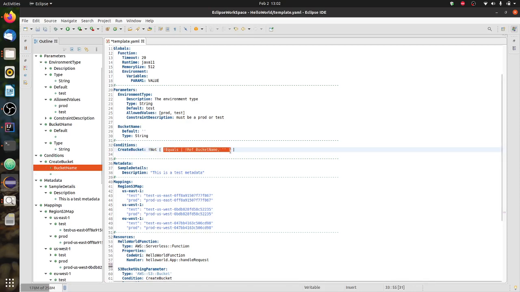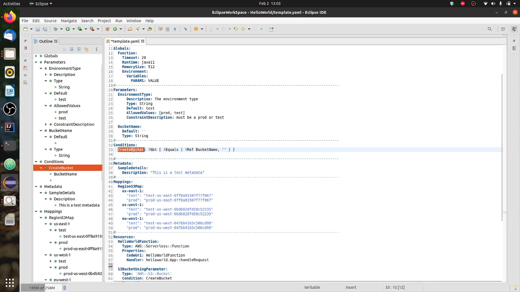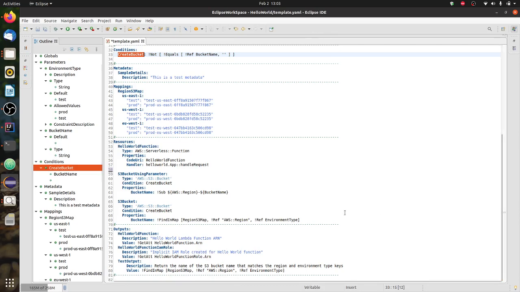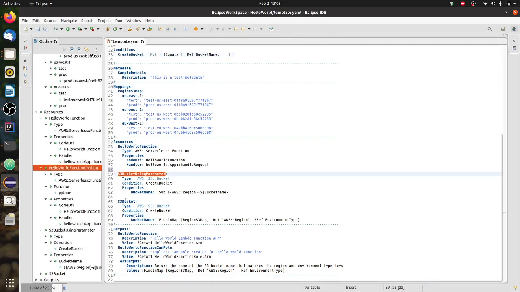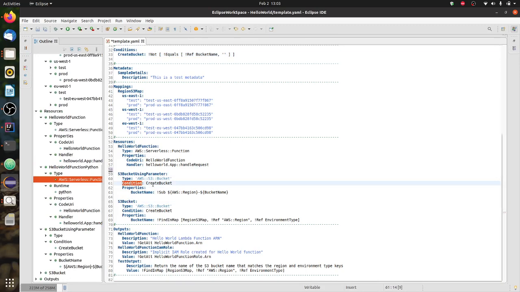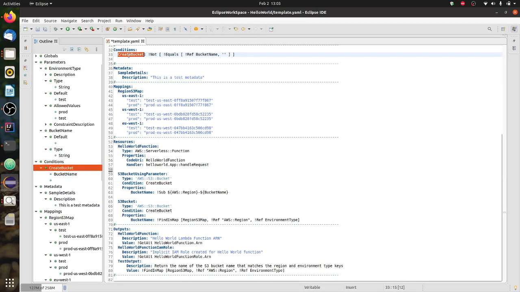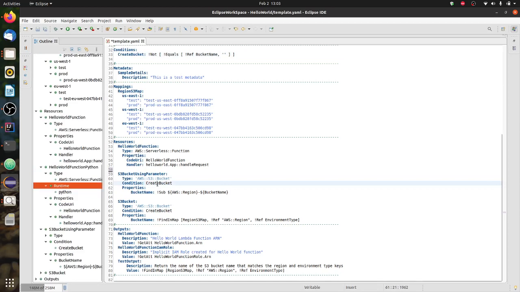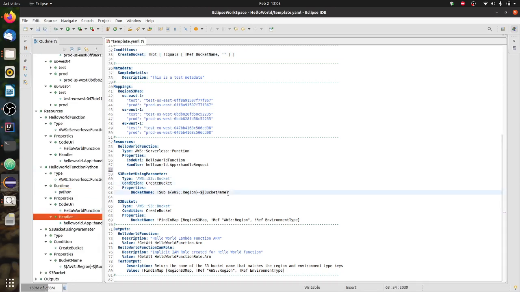Let's see this highlighted part. We have equals function, and equals will check whether my bucket name, which is nothing but the input parameter, is null or not, empty or not. If it is empty, this is true, and this I'm passing to not function, so that true will become false. And I will use this condition under S3 bucket. So these are my S3 buckets, and I have this condition section, and this is my create bucket name, and if it is true, then only my buckets will be created. Okay,